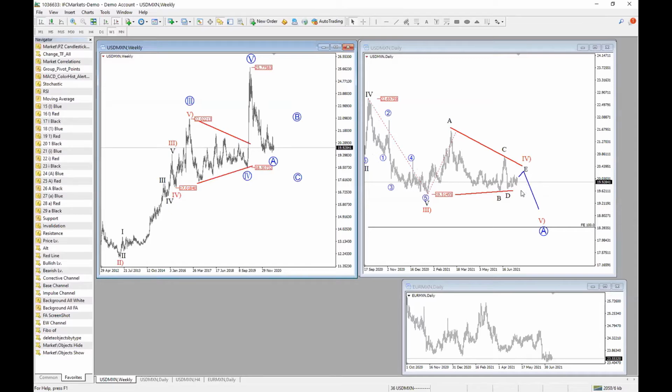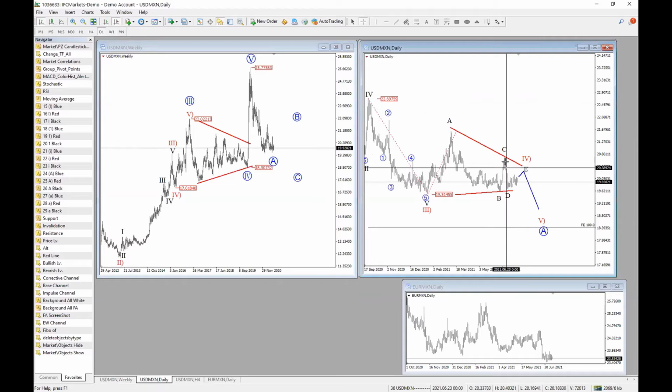Now there is also another interpretation, where this drop here that I labeled as a wave D can also be seen as a wave one, an impulse, because it was a very sharp one. And this gives me even more confidence about the bearish outlook, because you know that impulses show us the direction. And we know that